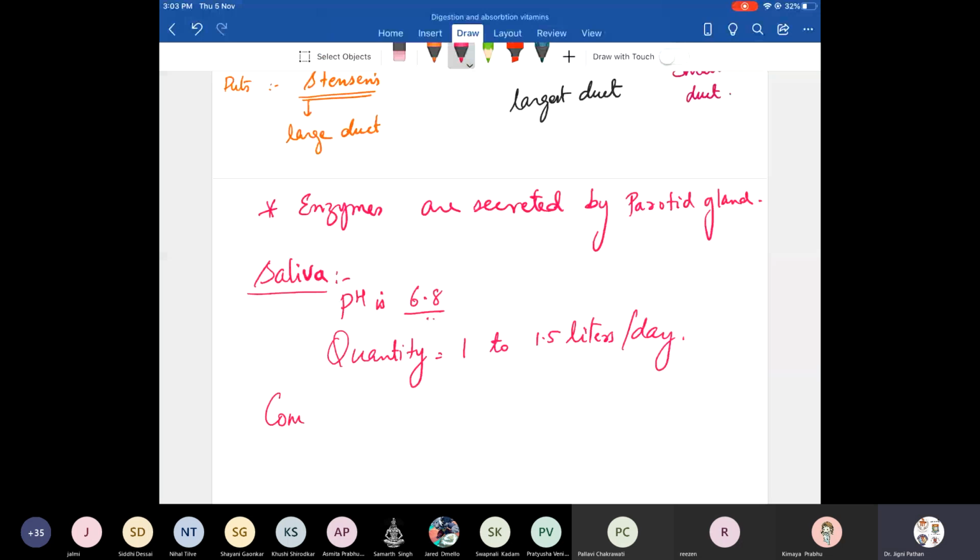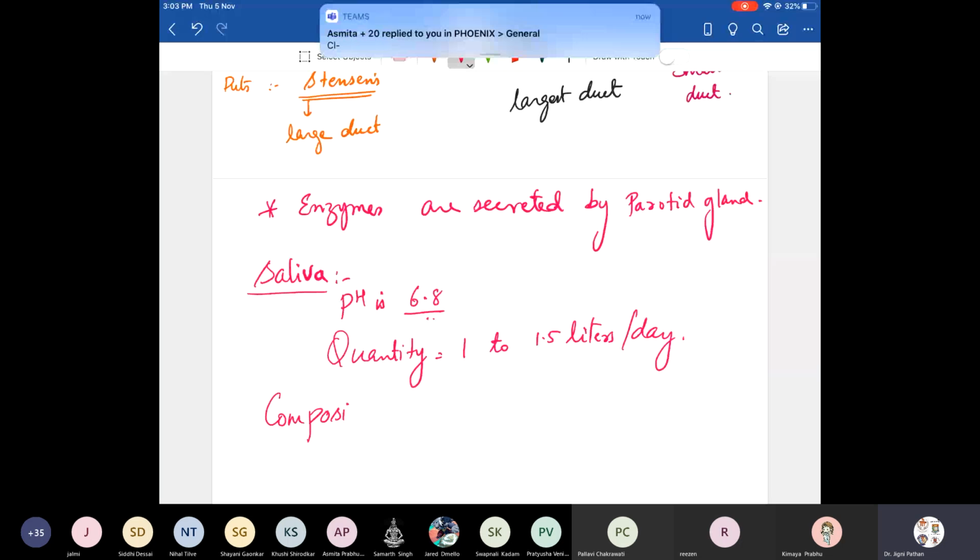Who can tell me which ion is required for the activation of amylase? A very important question. Think and tell me. Sodium, calcium, phosphorus, magnesium, chloride, potassium. Which among these do you think is required for the activation? Very good, Ashmita. It is chloride ion. A very important question. Very good. So the composition is